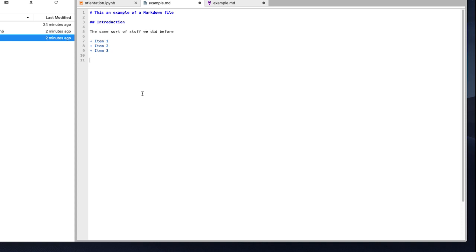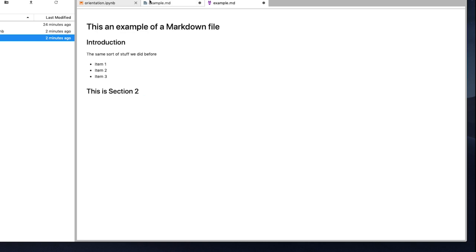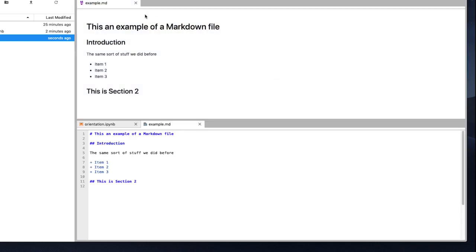And in fact, if I say, for example, this is section 2, you can see when I switch here, it actually is rendering it right there. Now you might think, wow, this is really painful to go back and forth. So what I can do now is take this and drag it, and you'll see that it forms this sort of overlay that tells you where you want me to drag it, and it will automatically split the screen. So I'm going to drag and drop,